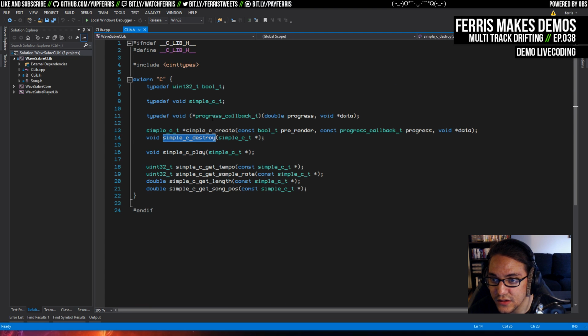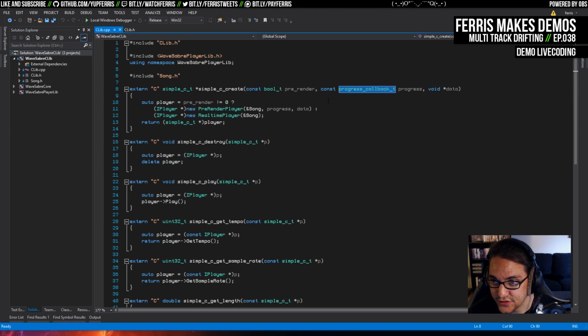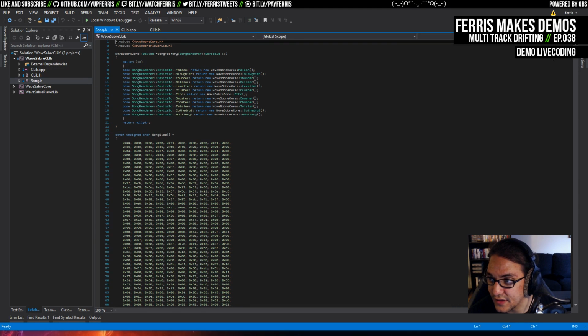If I'm reading that correctly. Yeah, that's definitely what it is. This is user data for the progress callback. So that's not even the song. So this will actually create, yeah, you can see here, it includes the song.h, which is output from the converter